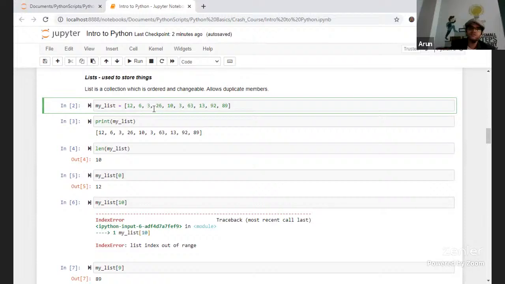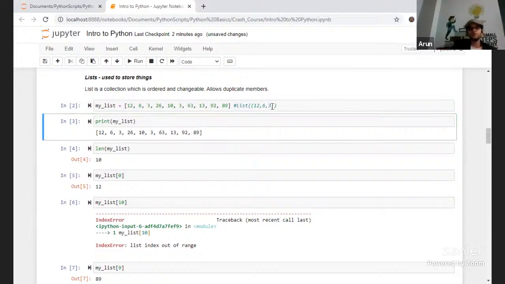Each of the values which you store will ultimately be stored with an index, and that will be stored in memory. So this 12 will be stored as the first, 6 as the second, 3 the third, 4, and so on. This is nothing but your list. The same list can also be represented with the list keyword, but here you need to ensure that there are double brackets, and then pass the similar objects 63, 3, and others, right?